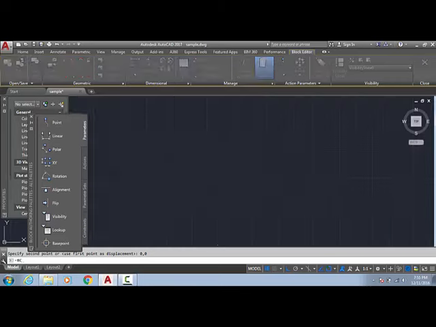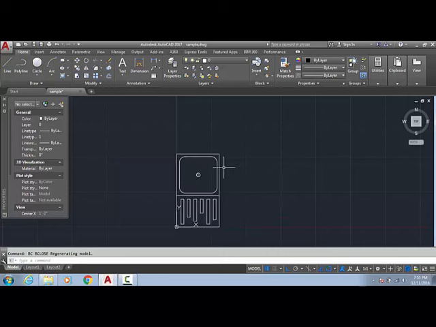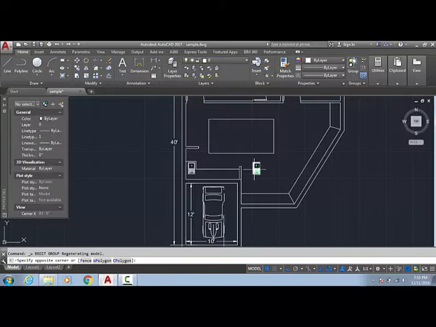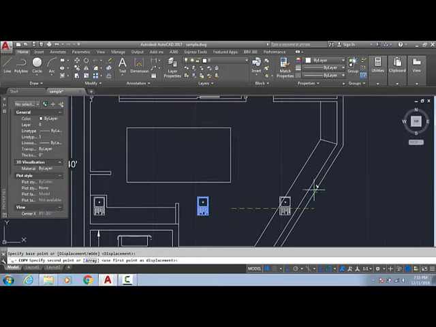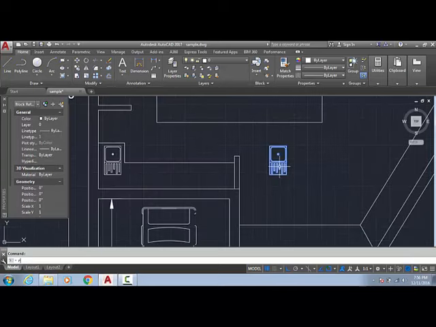Now BC, enter. Now look, our kitchen sink is shifted here, but its base point is this now. But again, just as an example, I am also going to rotate it, and sorry, I am going to move it here.